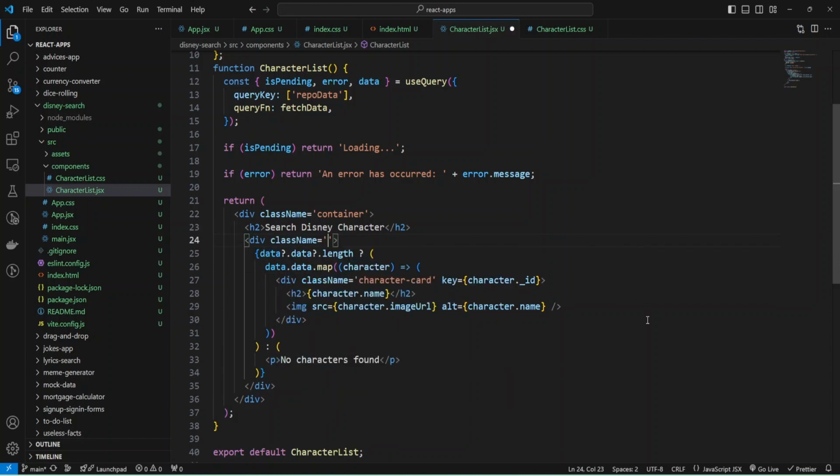Let it be character-list, and also I need some className for the image, and let's add character-image.